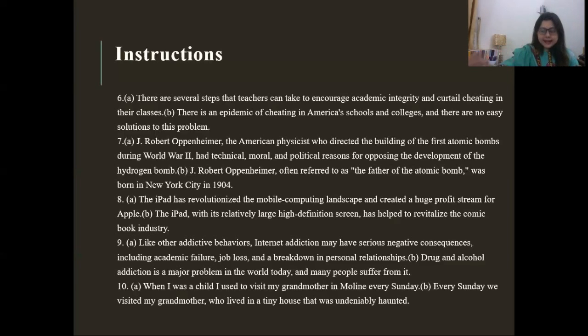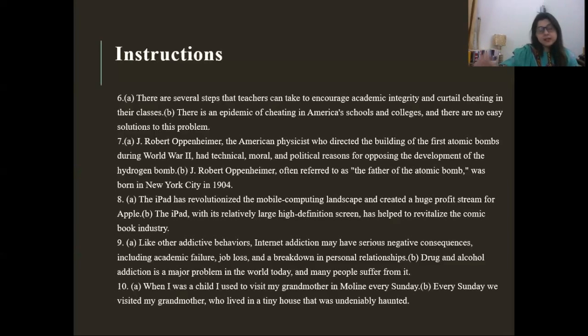See, the second thesis statement again is incomplete. It does not tell us more about the writing at all. It just says that drug and alcohol addiction has become very common. It's a major problem these days. And why? Because many people suffer from it. That's it. On the other hand, the first thesis statement tells us that like other addictive behavior, internet addiction may